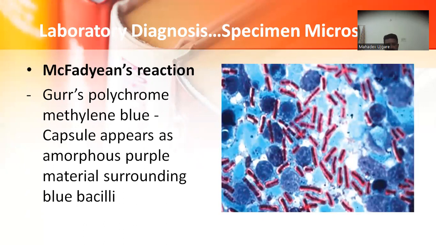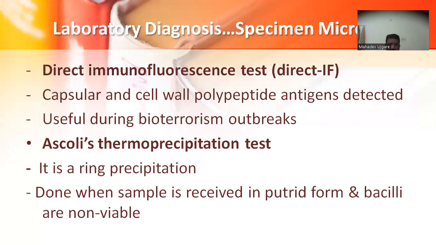The second step is McFadyean's reaction. In McFadyean's reaction, we use Giemsa polychrome methylene blue, where the capsule appears as amorphous purple material surrounding the blue bacilli. The third staining is the direct immunofluorescence test. Here, capsular and cell wall polypeptide antigens are detected by direct immunofluorescence test. It is useful during bioterrorism